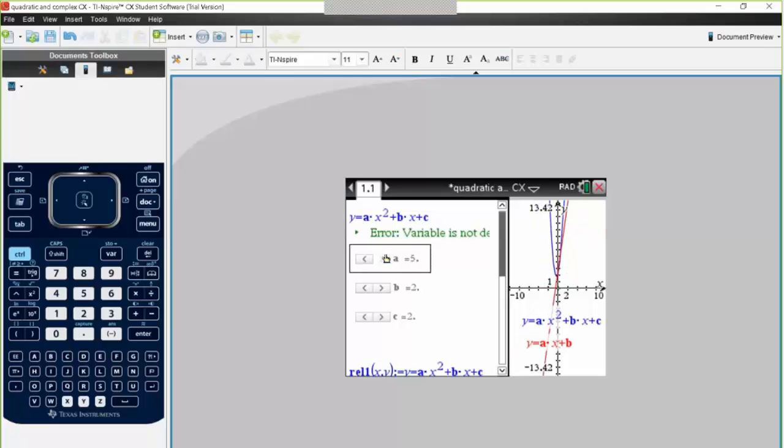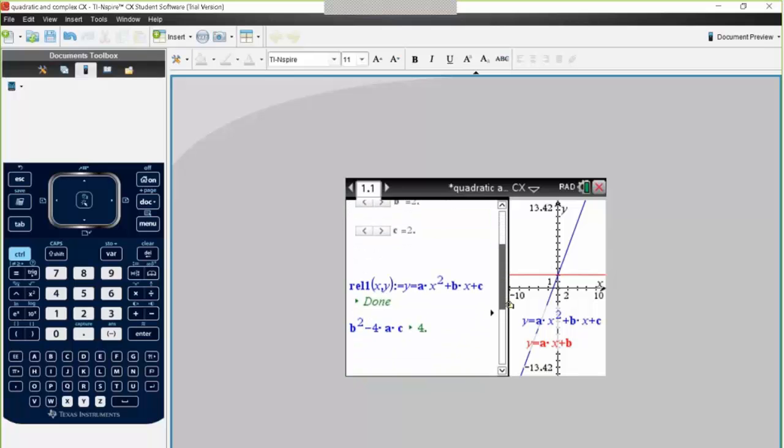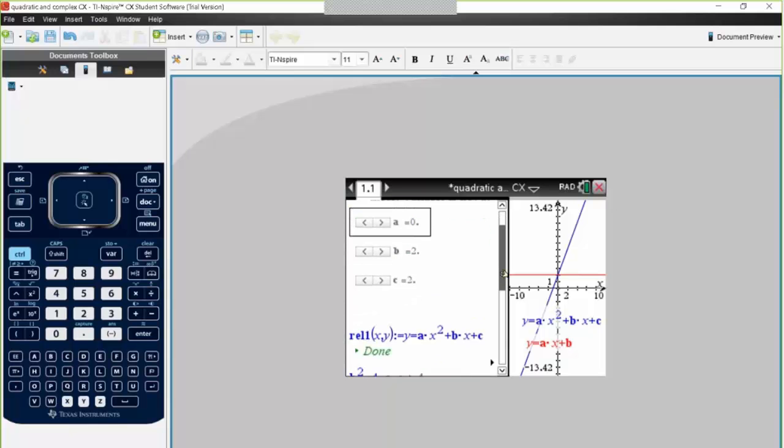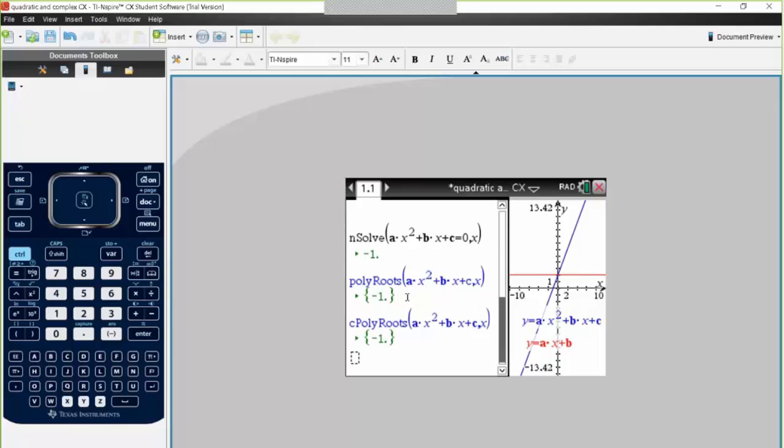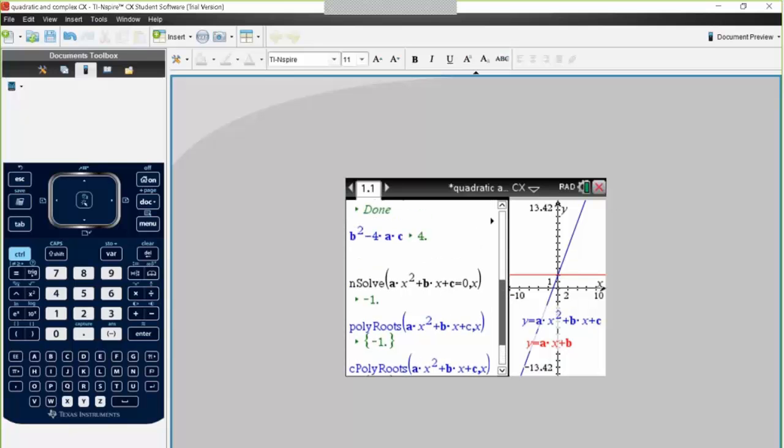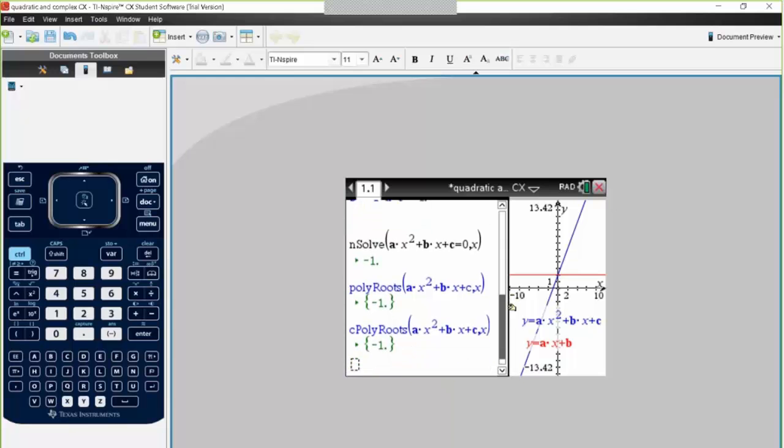You can adjust the value and you're able to see how that's changing. And you can also set it up as a relation, and you can look at b squared minus 4ac. So what does it give us when a is 0, b is 2, c is 2, etc.? And you can also use things such as the polynomial roots of that. Okay, and it's finding that information. So what we're able to see there, we've got a positive value for our discriminant,